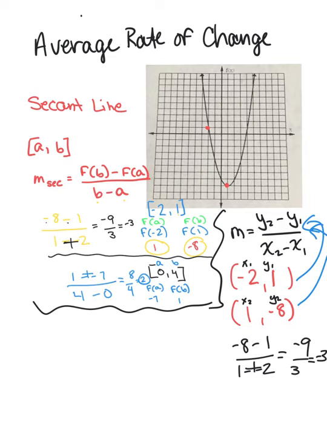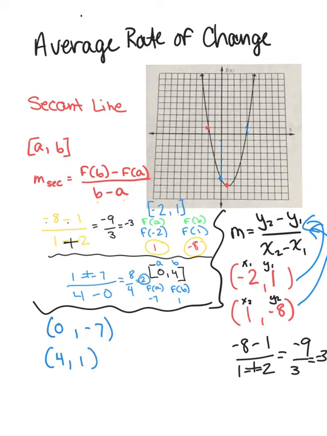I can do the same thing with the other problem, which was 0, 4 as my interval, and say I'm going to write 2 points, one point where 0 is an x, and then the other point where 4 is an x, and say, okay, when 0 is my x, my y is right here, which is 1, 2, 3, 4, 5, 6, 7, which is -7, and when 4 is my x, my y is +1,